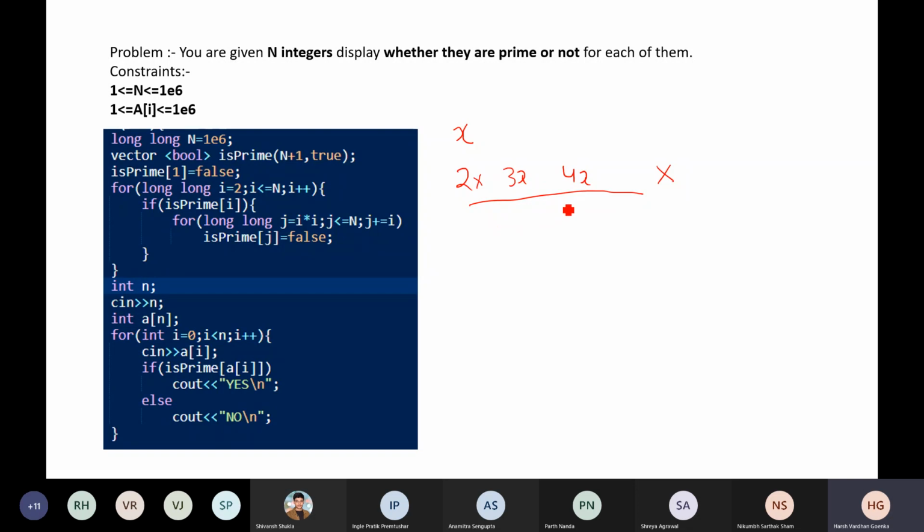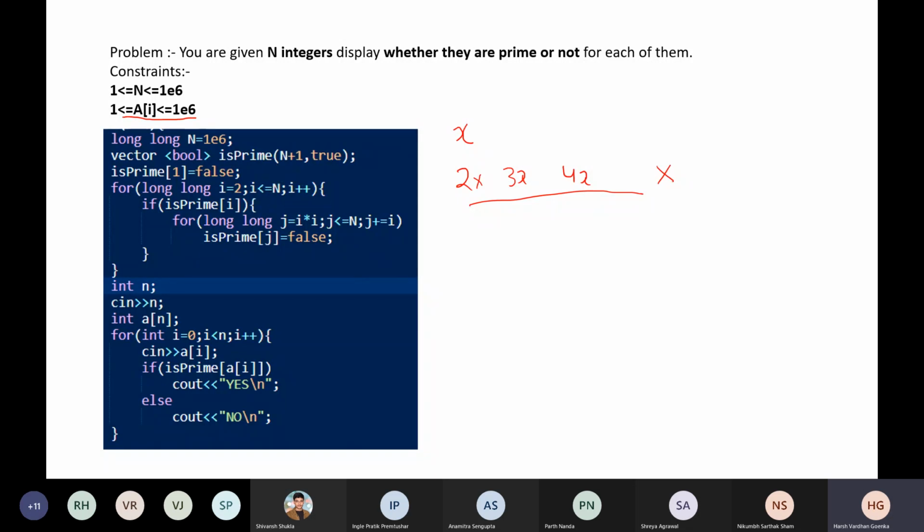So basically what I'm saying is that as soon as I find a prime number, I'll mark all its multiples as false and not iterate on them; I'll basically skip. One more thing to observe is that my ai is within a small range of 1e6. So I can pre-calculate rather than calculating while taking user input. Pre-calculation means I calculate for all the values that the user can enter and then use them. On input I just need to display whether it is prime or not, which will take O of 1 time. So I will do pre-calculation.